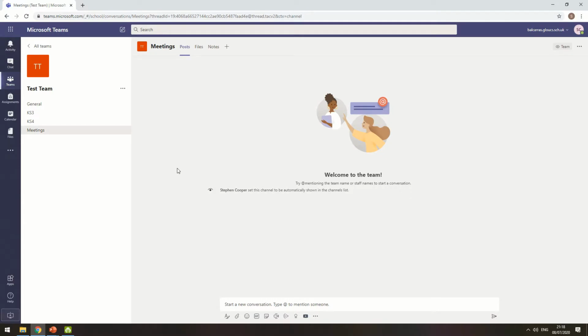Now we've created a few channels, we're ready to start actually putting something onto them, so posting a message onto them. And that's all done within this main window, and particularly this bit down the bottom where it says start a new conversation. Now before we start typing anything away in there, it's worth talking about how Microsoft Teams makes